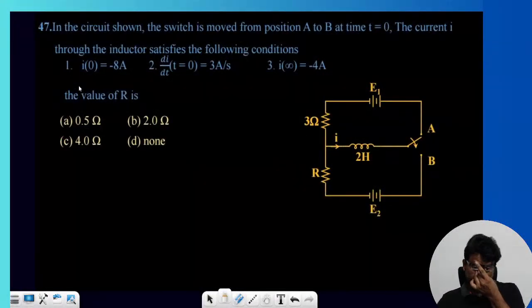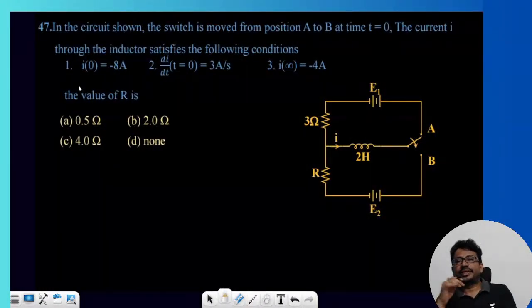Next one. Right, following now everybody. Next, in the given circuit, look at this, the switch is moved from position A to position B at t is equal to 0. Right. The current I through the inductor satisfies the following conditions. Look at this, they have given I of 0 as